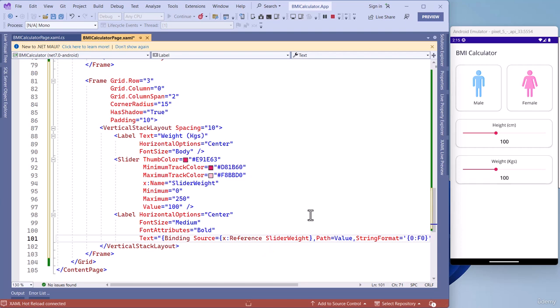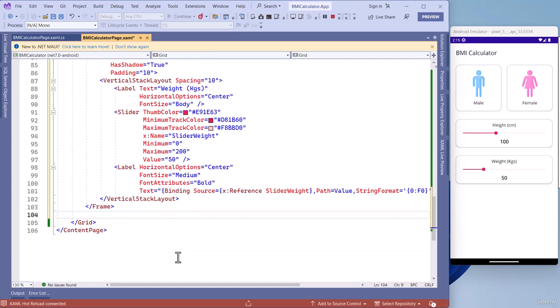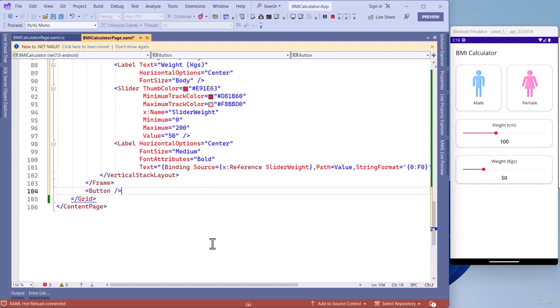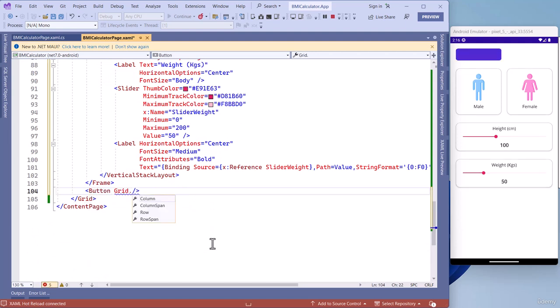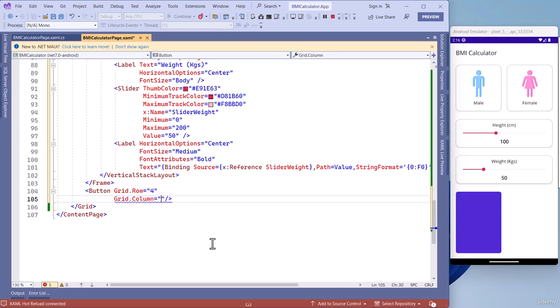The maximum weight the user can select from our BMI slider will be 200 kilograms. So, we'll change the slider maximum value to 200. And the default value of the slider will be 50. So, we'll change it to 50. Alright. Now after this frame, we'll add a button control and put this in grid.row equals 4 and grid.column equals